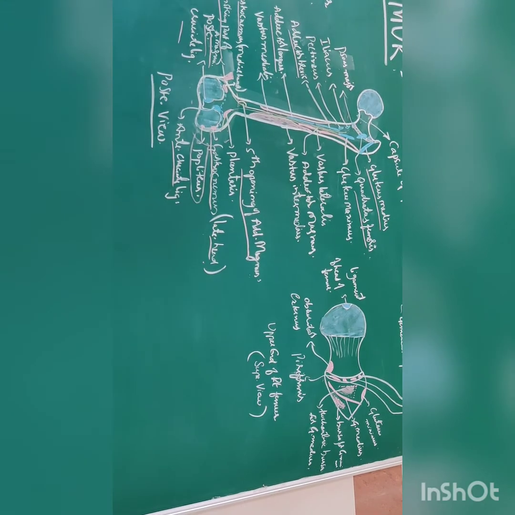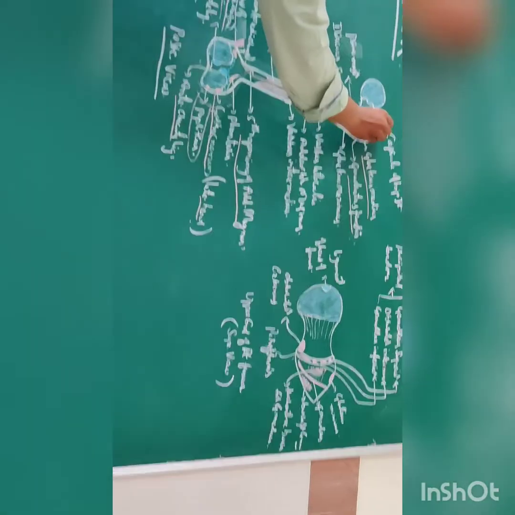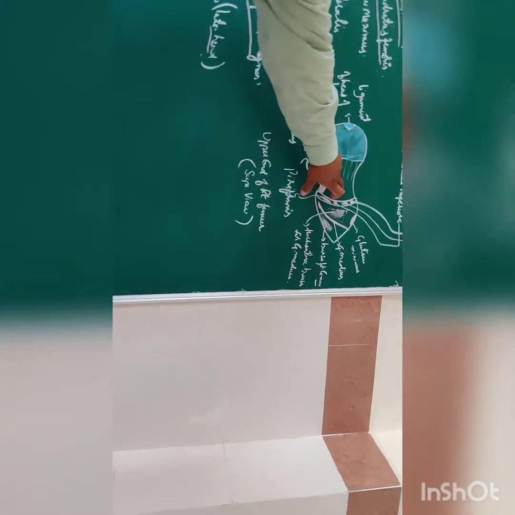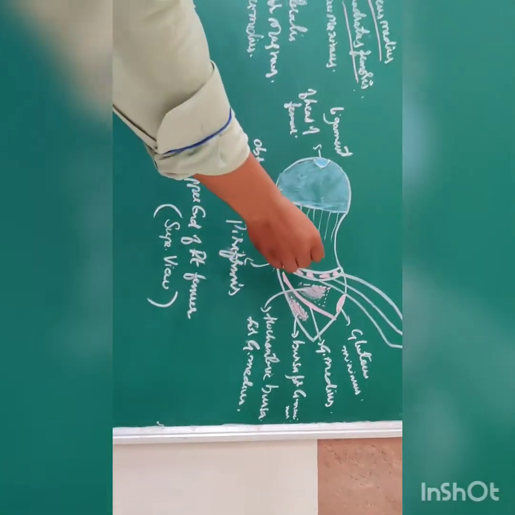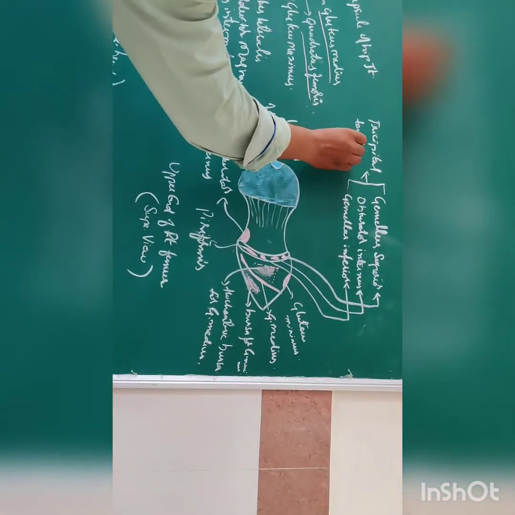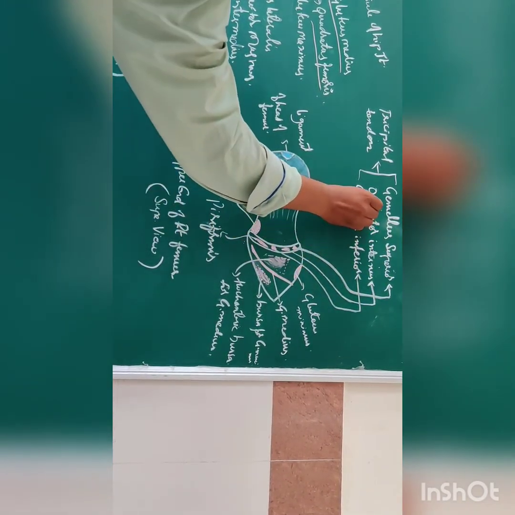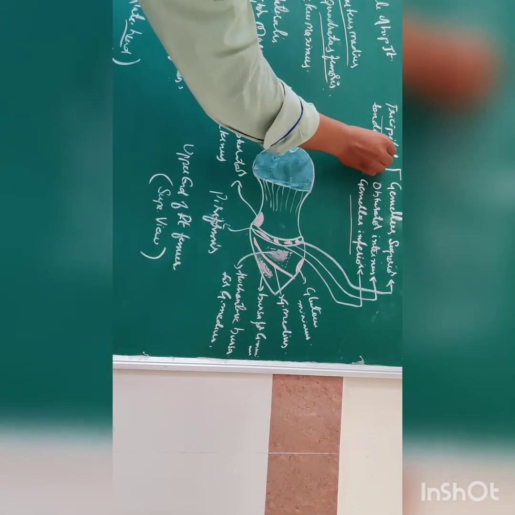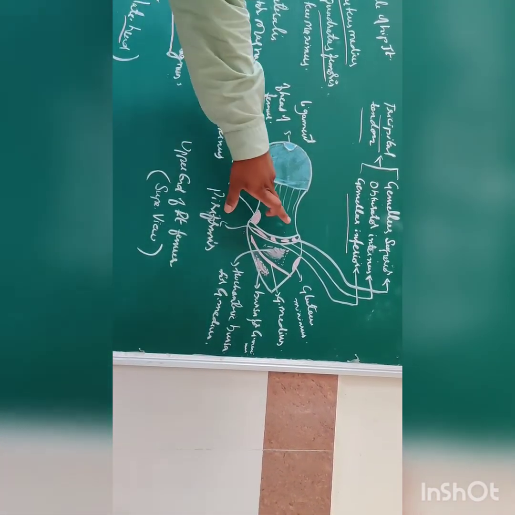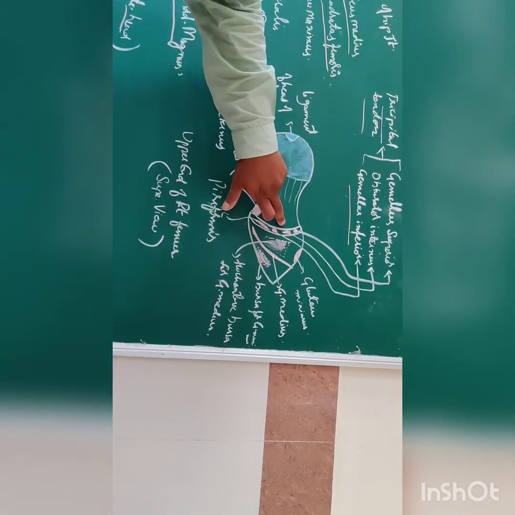Now if you see, this is actually the medial surface of the greater trochanter. We say the medial surface has a depression which is known as the trochanteric fossa, right? So the trochanteric fossa receives the insertion of the following muscles. We have the gemellus superior, obturator internus, and gemellus inferior. So this is actually known as the tricipital tendon. Okay, that is in the trochanteric fossa. The gemellus superior, obturator internus, and gemellus inferior.